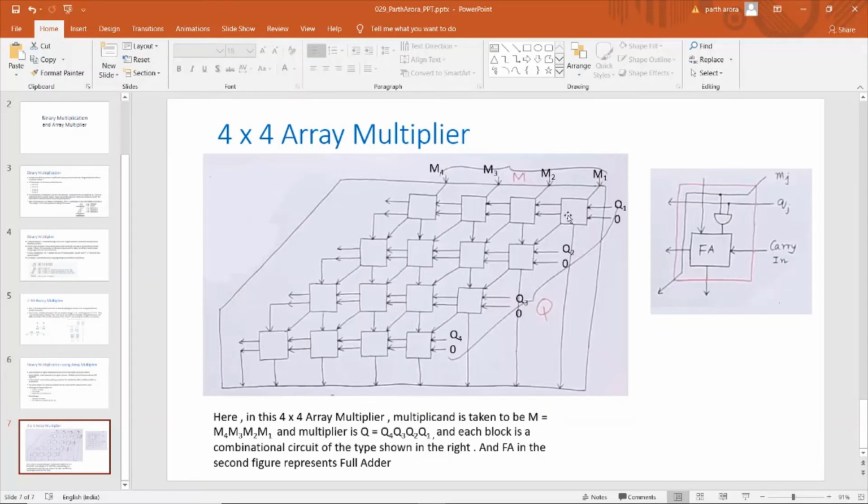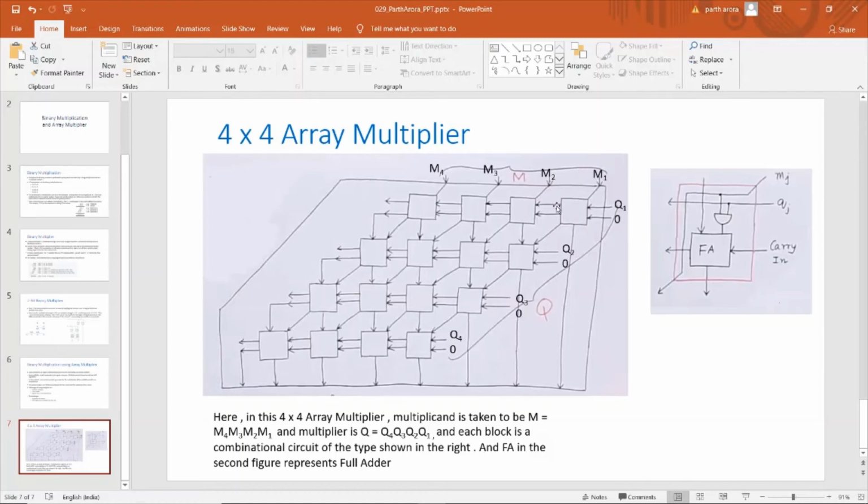Now initially we will pass q1 in the first layer and 0 as the carry for this box, because before this there is no box, no carry. Then this box will process these inputs: 0, q1, m1 and 0 from above, which should be here.